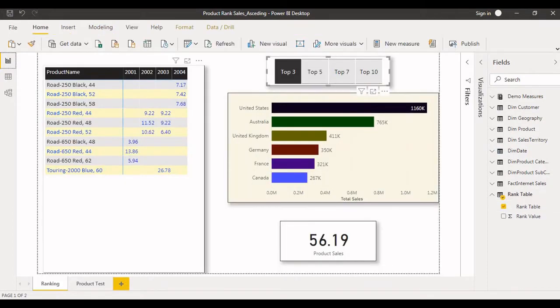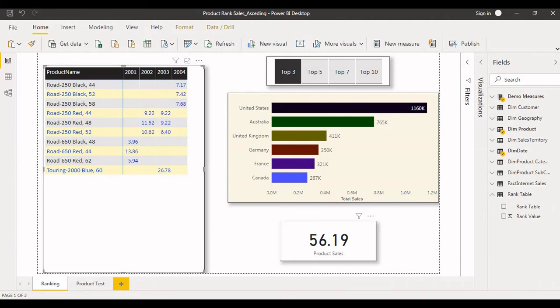Two days back I think I created a similar kind of example, but that time I did it with descending order, and this one is ascending order. It means that I want to see the bottom sales year wise with respect to the product. What are the top 3 bottom sales for each product with respect to the year? For example, in 2001 what are the top 3 bottom sales, in 2002 what are the top 3 bottom sales. So I want to know each product with respect to the year.